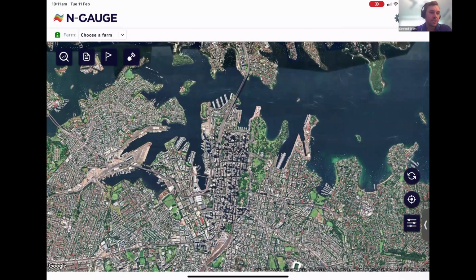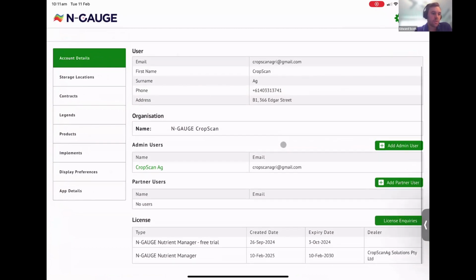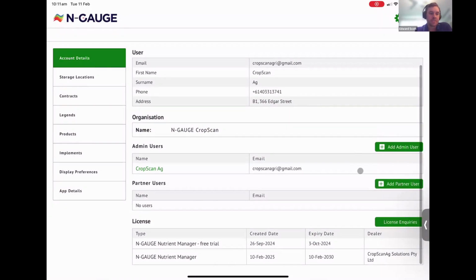As a general navigation, we've then got the settings cog in the top right-hand corner, and this is where it tells you a little bit about your account. We can also add other users here. So if you want to be adding your agronomist in, other workers on the farm, whoever you want access to,